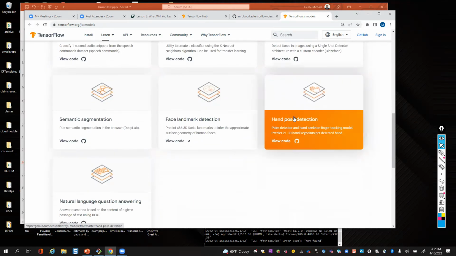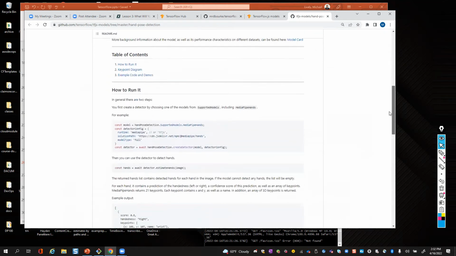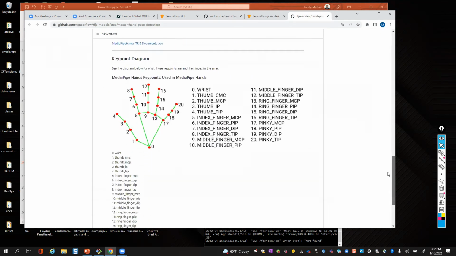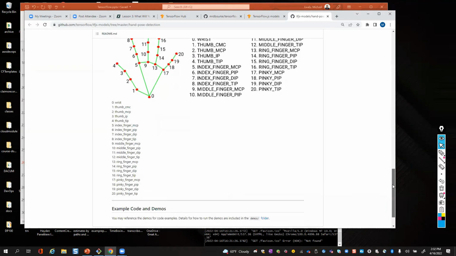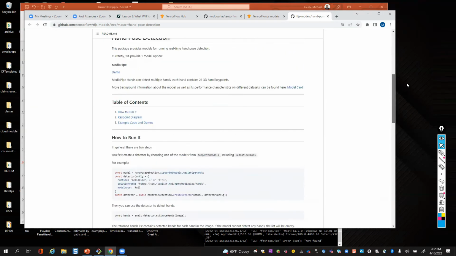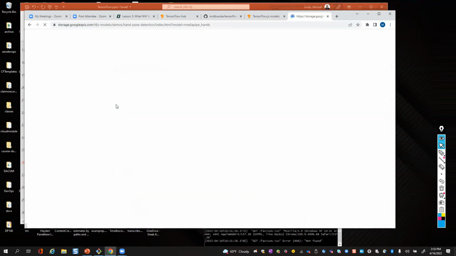I'm going to show you the hand pose. Let's run that one real quick. If I click on this, it will take me to the Google site where all the code is. Just use it as you want. And then there's a demo here, showing you where it's going to model your hand and how it's going to put the points on it. Here's the demo right here. So if I click that,